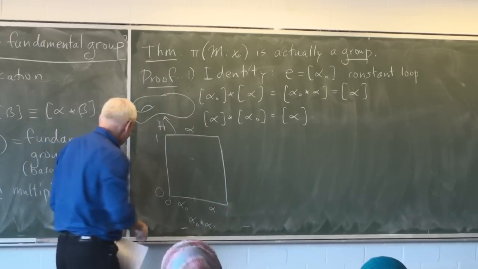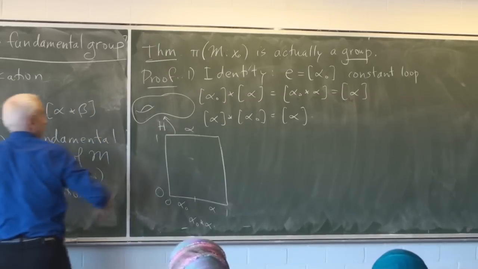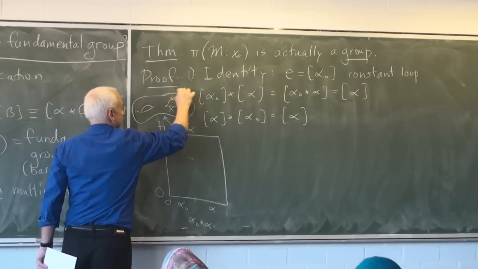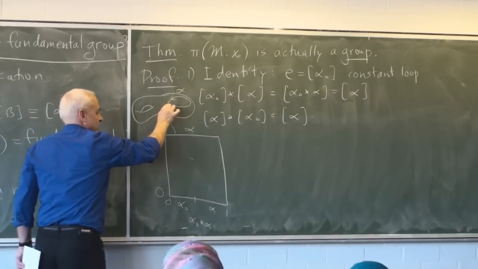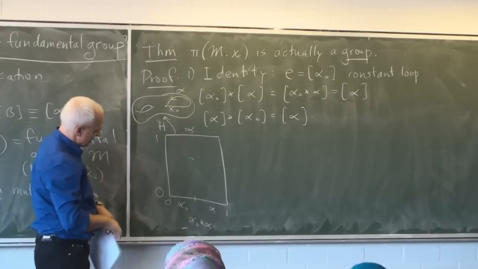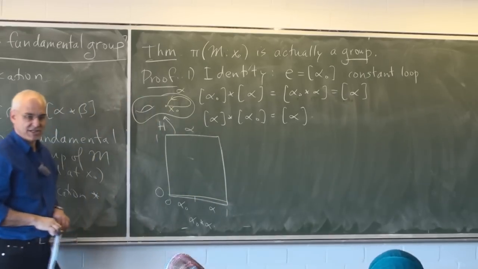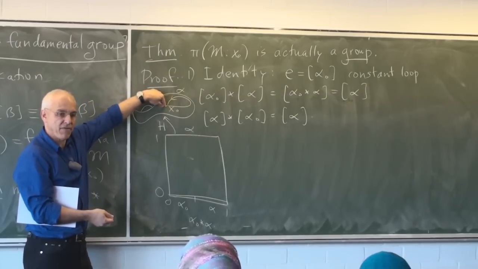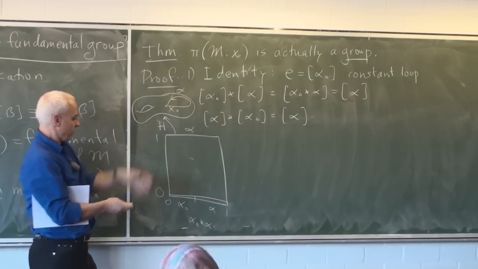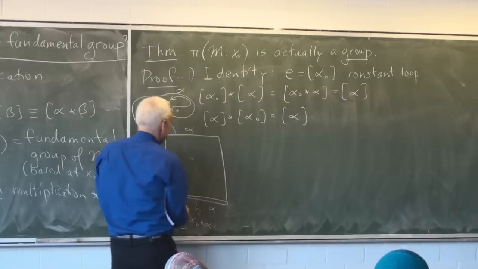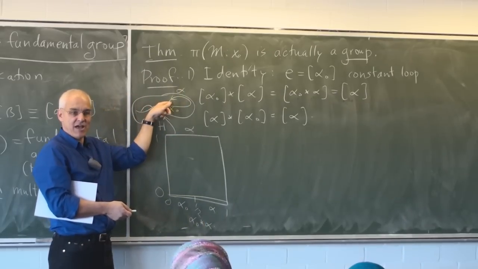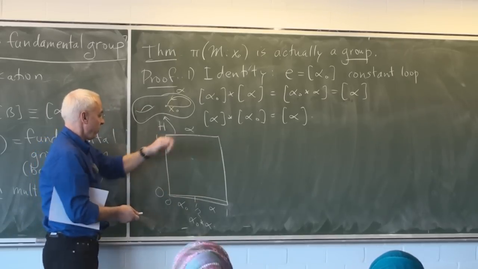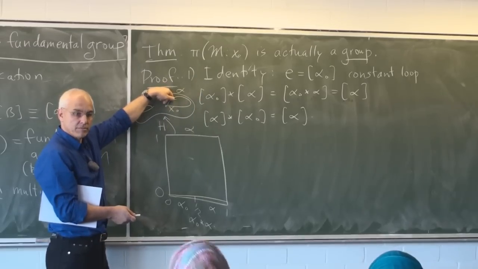So let's have a look at what these two loops do. There's our point x0, let's say. There's our loop alpha. Our loop alpha 0 doesn't do anything, it just sits there. So what is the loop represented by the bottom of this homotopy going to be? It's the path that for time t equals 0 to a half just sits there. And then at time t equals a half, it wakes up and starts going around alpha twice as fast as alpha would normally do. We have to go continuously from that path to the path alpha, which is just the regular path of alpha. Okay, so how are we going to do that?